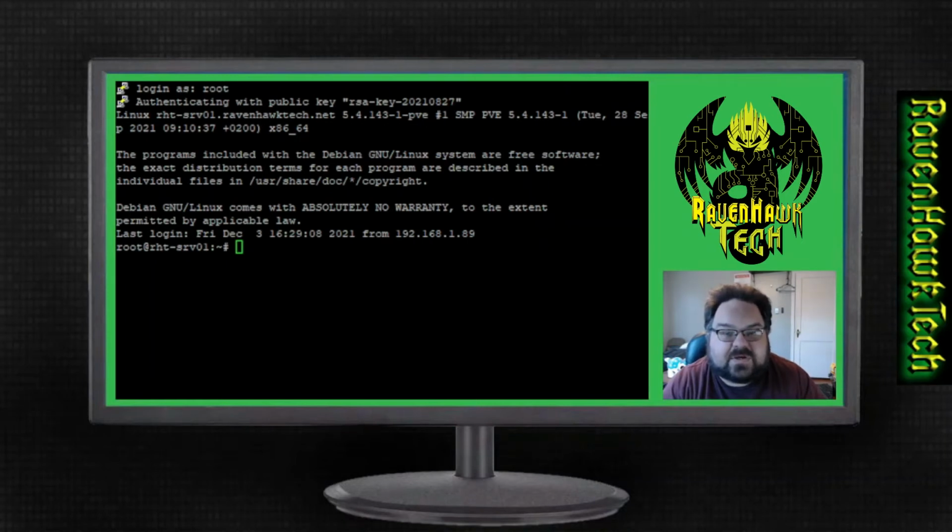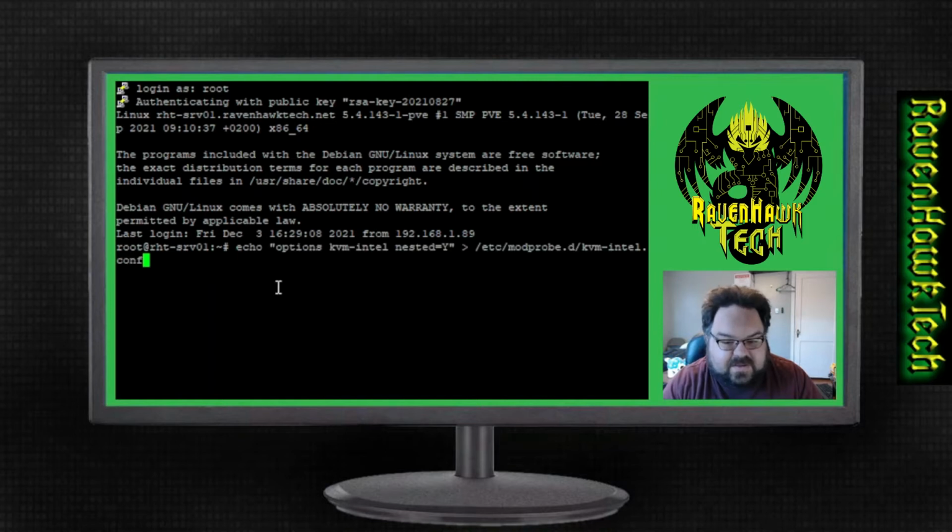So in this video, we're going to go ahead and enable VMware to be able to be run within Proxmox, doing hypervisor virtualization. All right. First thing you're going to want to do is, depending on if you have an Intel or an AMD CPU, enable one of these two commands that I'm going to include down in the description box. One of them being, in my case, my Intel CPU,